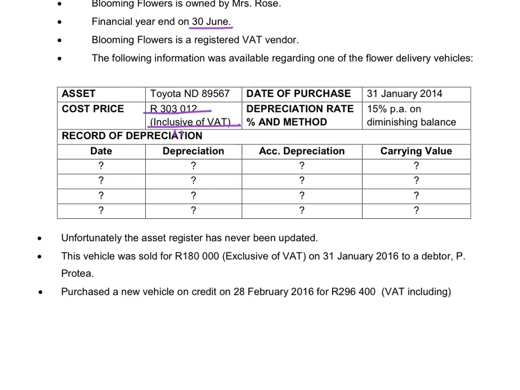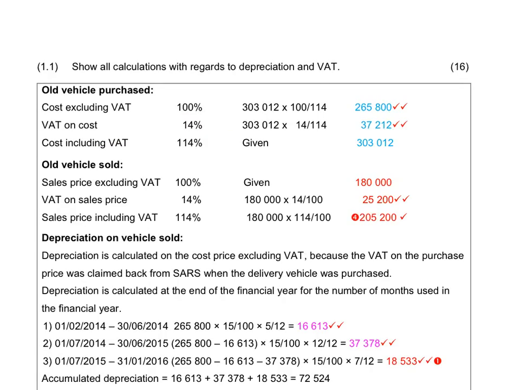So the first calculation that we will have to do is to determine the cost price of the old vehicle excluding the VAT. Cost excluding VAT is 100%. Cost including VAT is 114%. This was given to us. So if we want to know the cost excluding the VAT, we will take the amount, multiply by the percentage that we want to know, divide by the percentage that we know, and that will give us the cost price of our